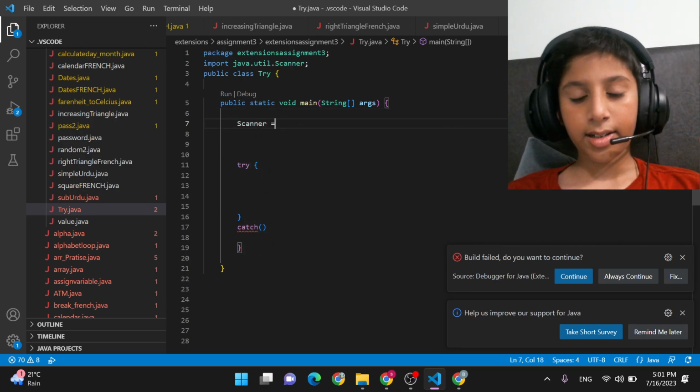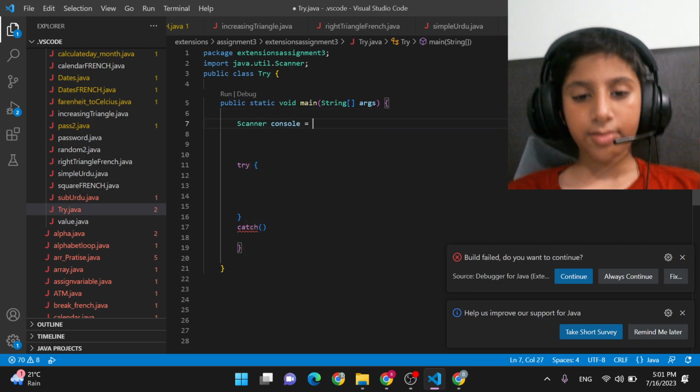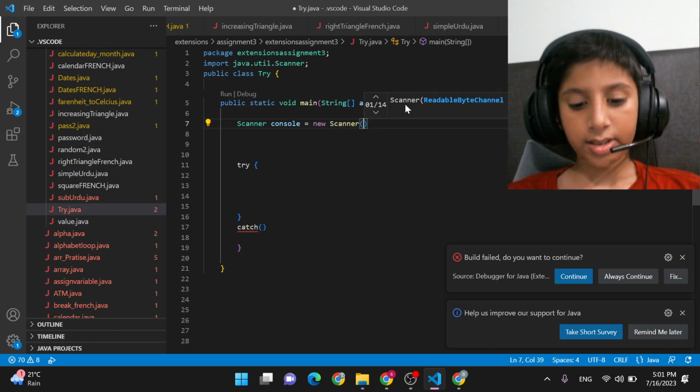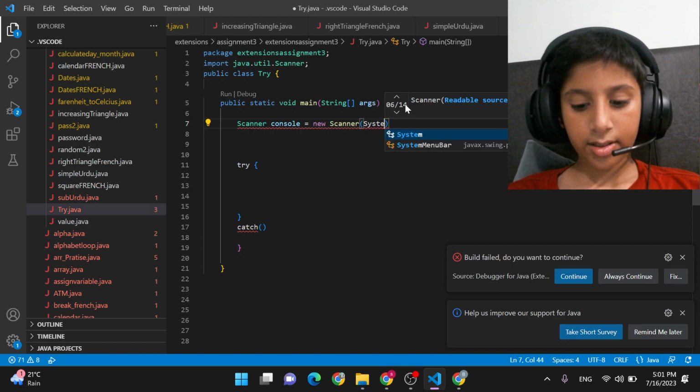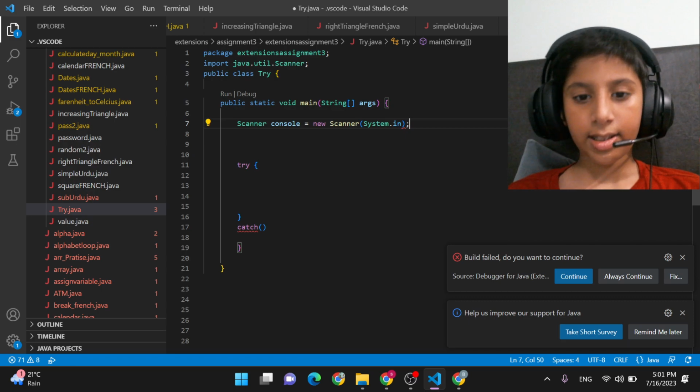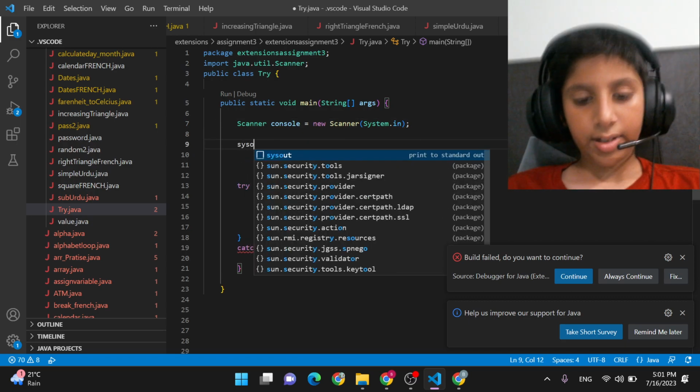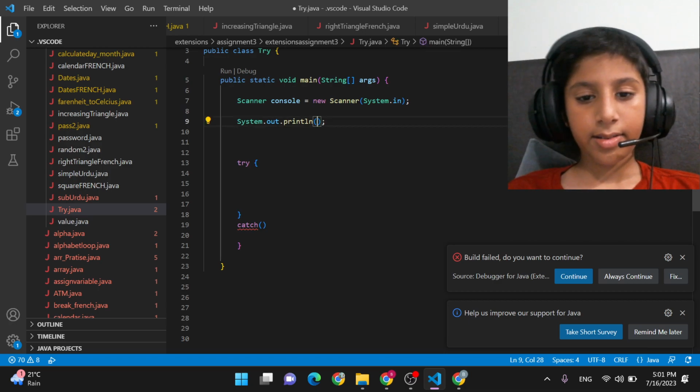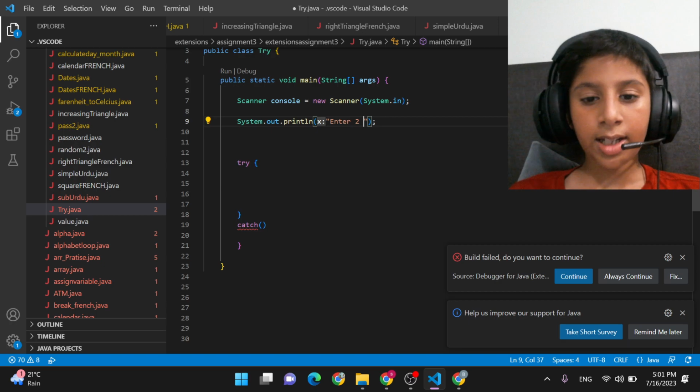So for example, I'm just going to make a program by using the scanner here. So Scanner console is equal to new Scanner(System.in), and then I write a semicolon. Now we have to write System.out.println to divide two numbers. We have to ask the user for input. So enter